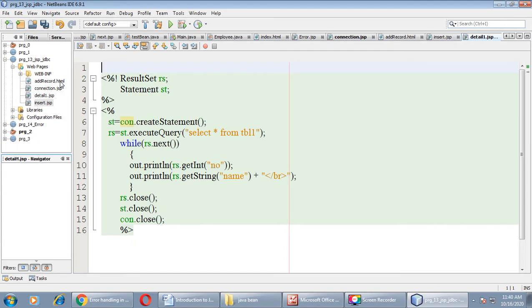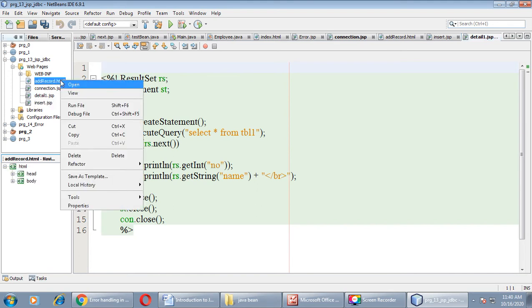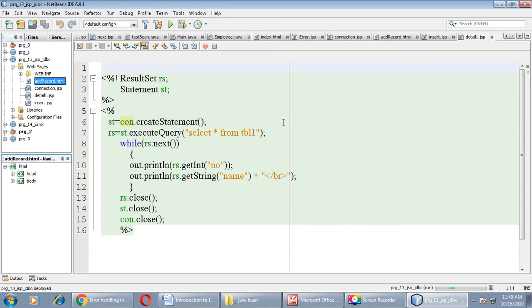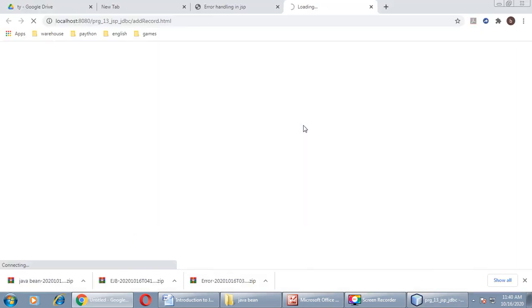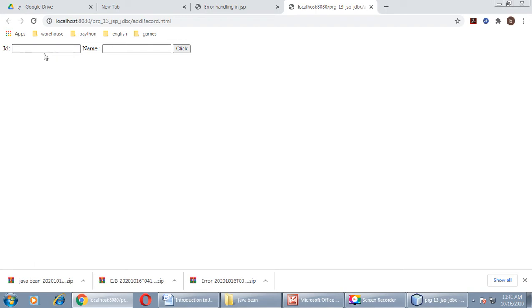From add record.html we will begin. For that, right click on this file and click on run file. So this is asking for an ID and a name. I will enter 19 as the ID, and here I am entering a one letter name, UUU.